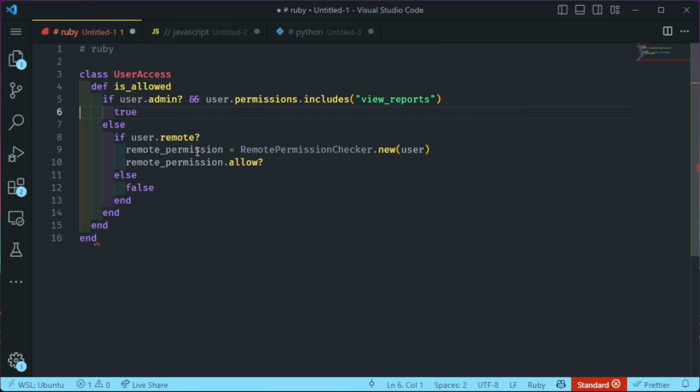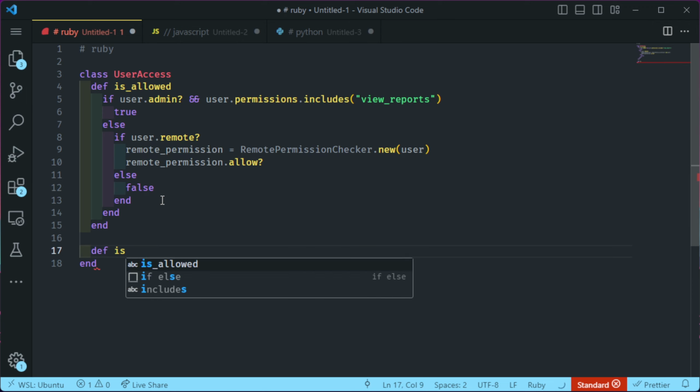So we're saying, hey, we want to check if the user's an admin. If they're an admin, let's use these special permissions. But if they're not, we'll check this online service. So it's a little bumpy. There's ways you could optimize this without using guard clauses. But let me show you it